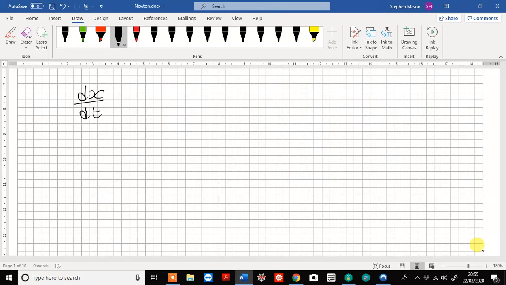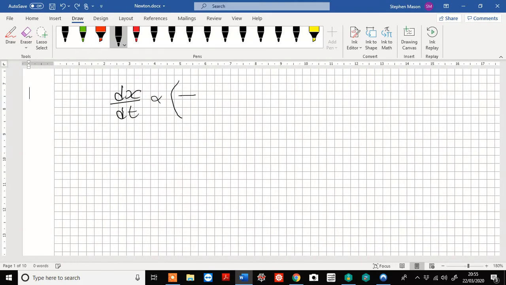First of all, dx by dt is the rate at which temperature changes with time t, and that is proportional in the Newton's law of cooling case to